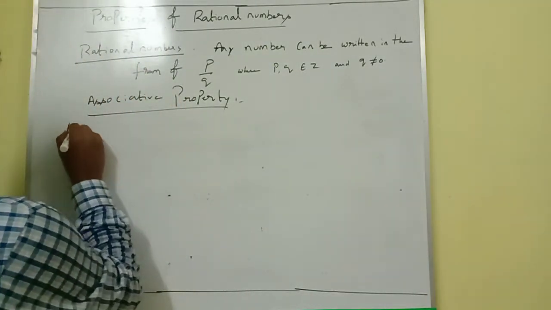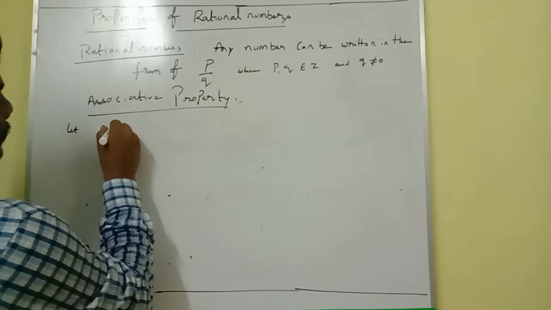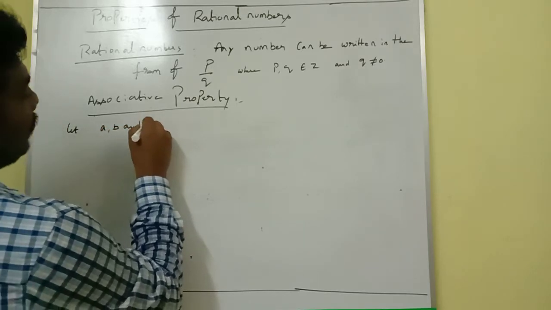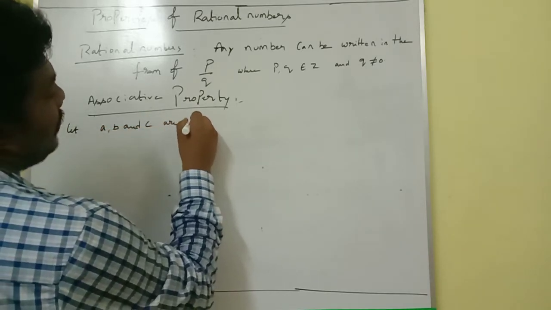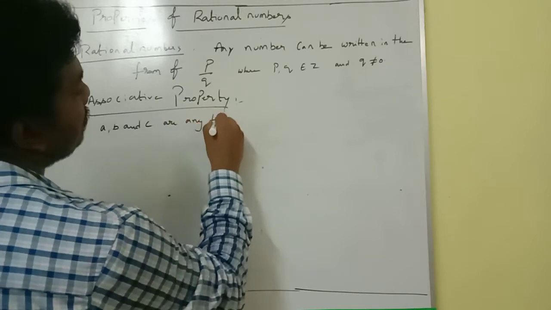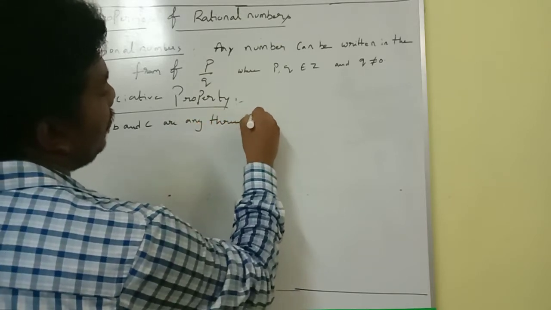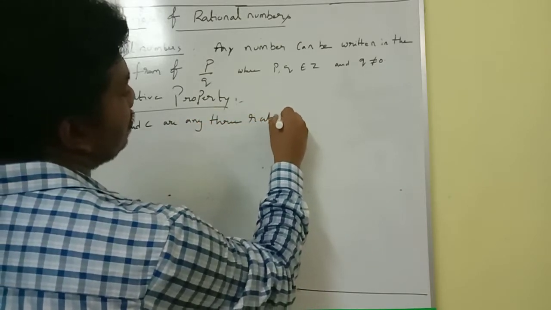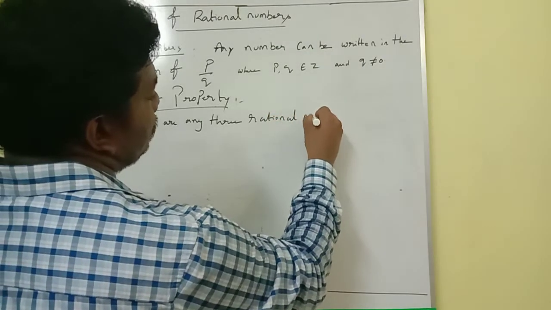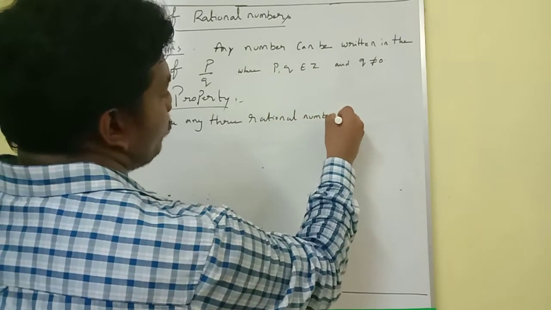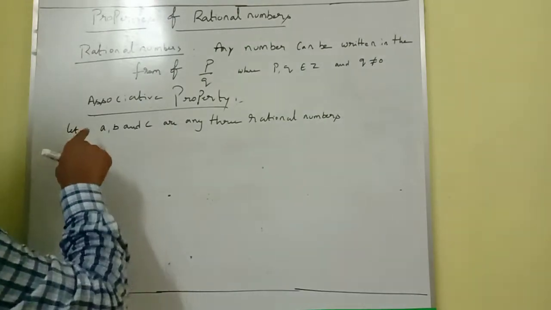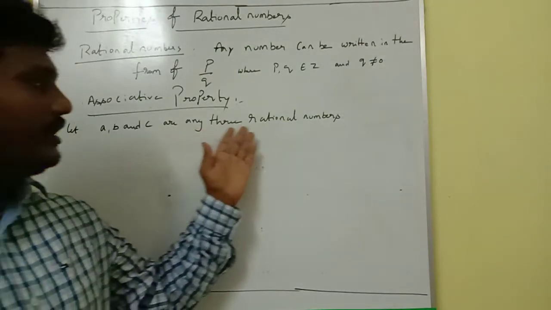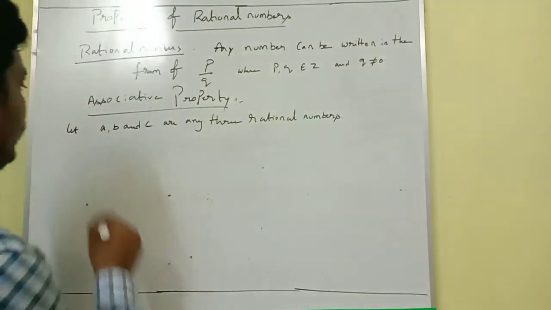Let A, B and C be any three rational numbers, then